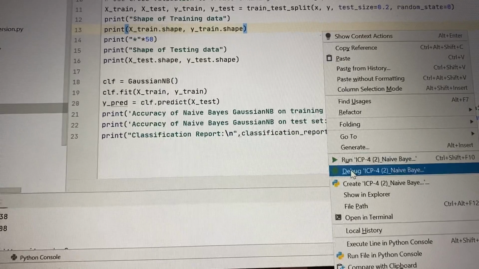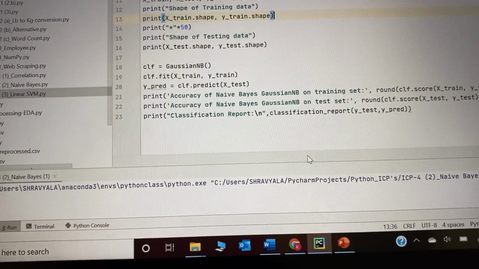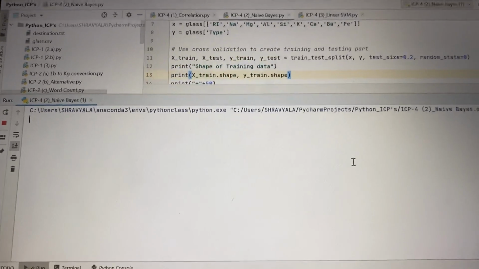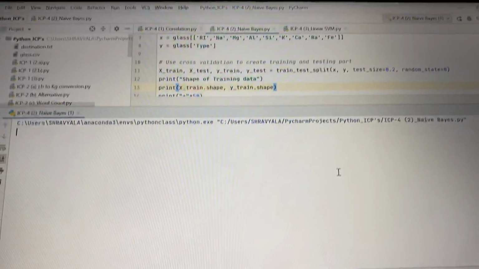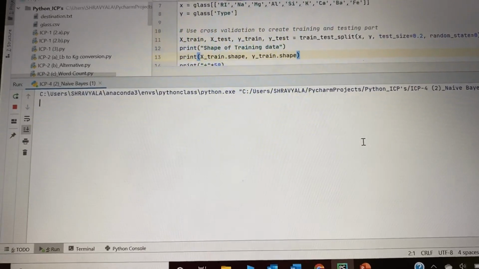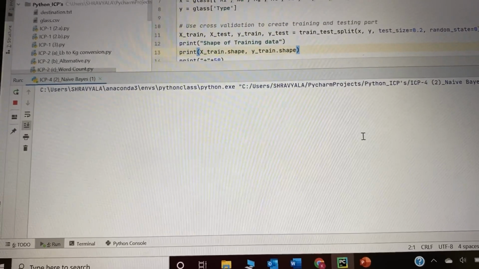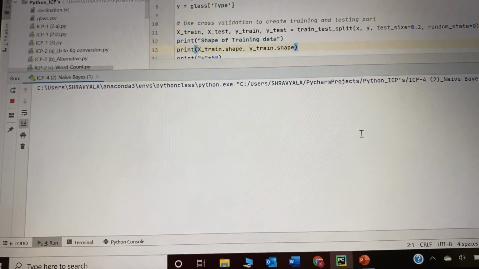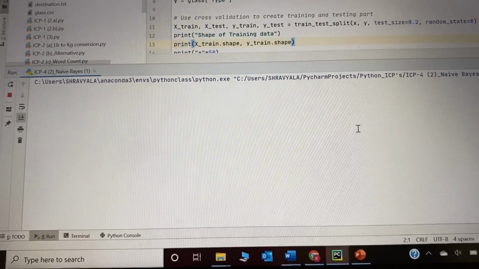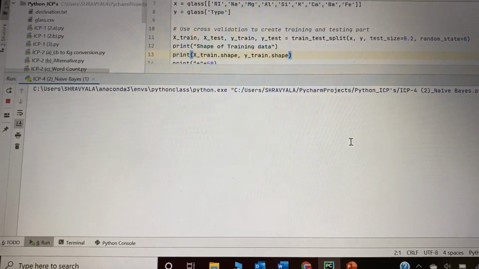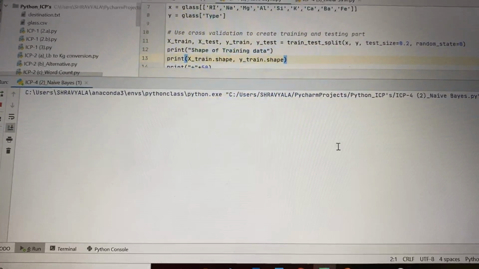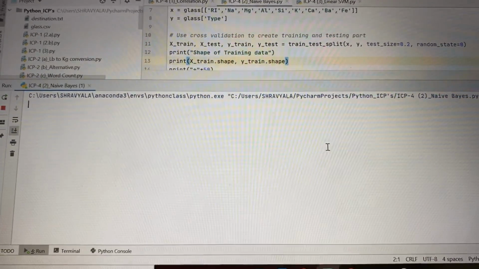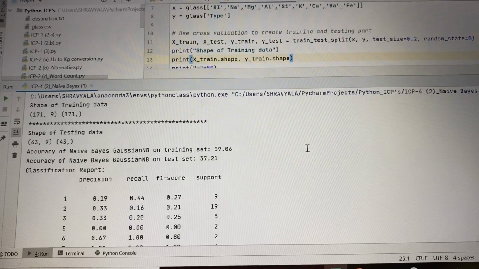So I'm running this program. It's still running over here. So here we can see the output.